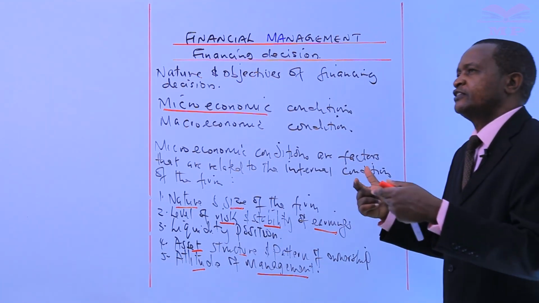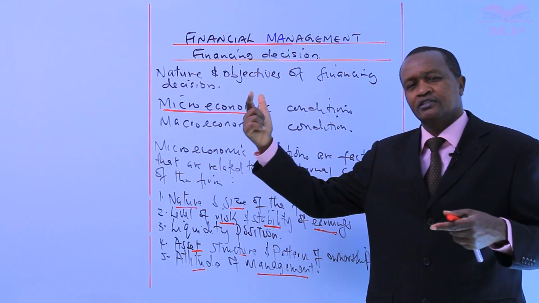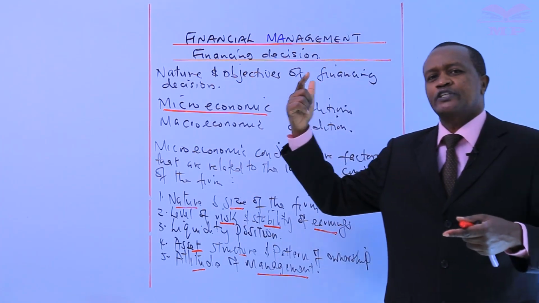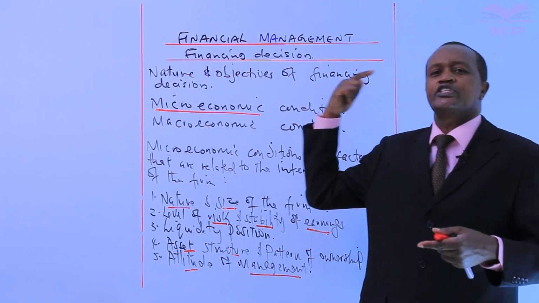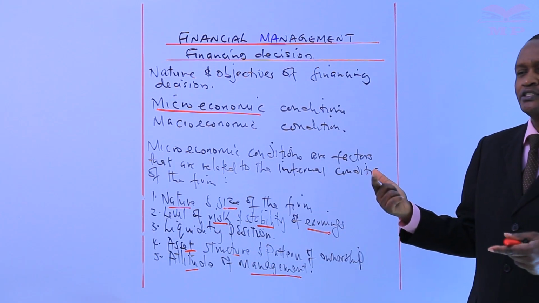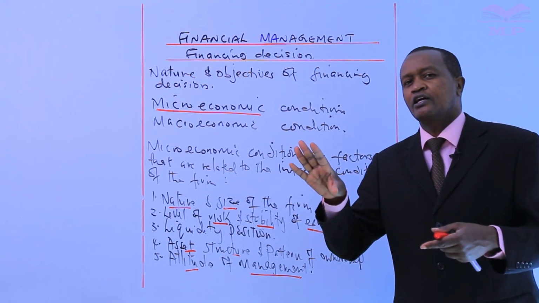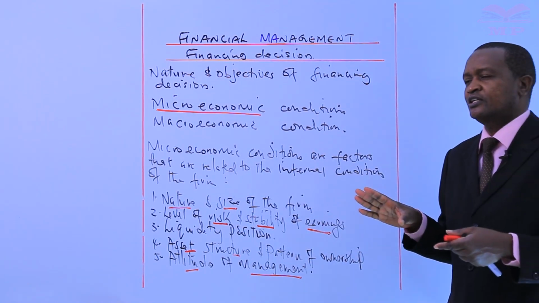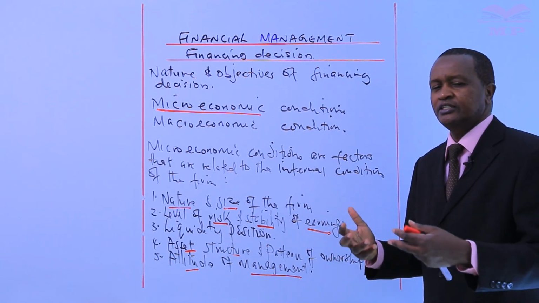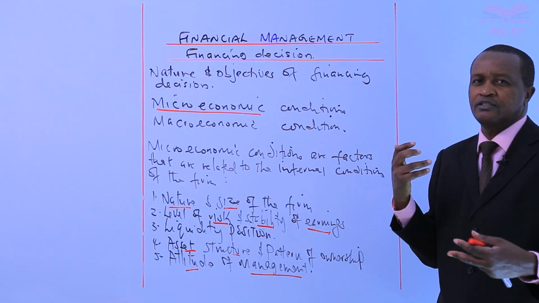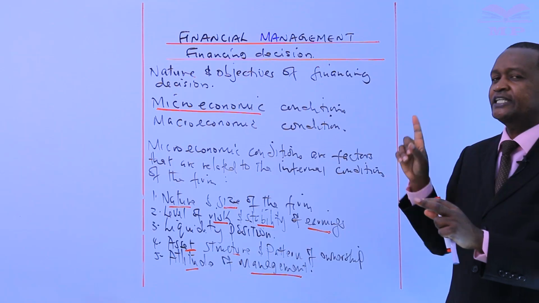A conservative finance manager is one who does not take higher risks, because to attain high profitability, then it means that one has to engage in risky projects. Those kinds of endeavors are not pursued by conservative finance managers. Conservative finance managers would rather go for liquidity, holding cash rather than investing in risky projects. But an aggressive manager would go for risky projects in order to attain high profitability.